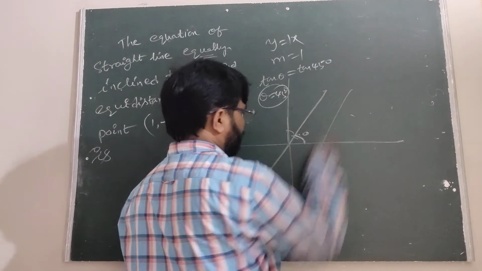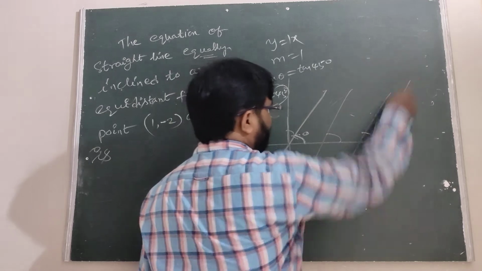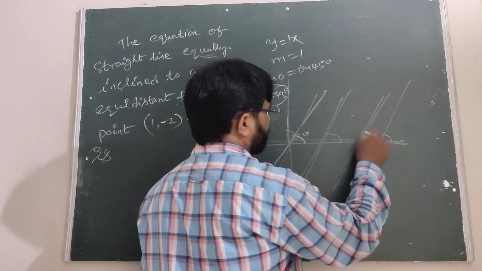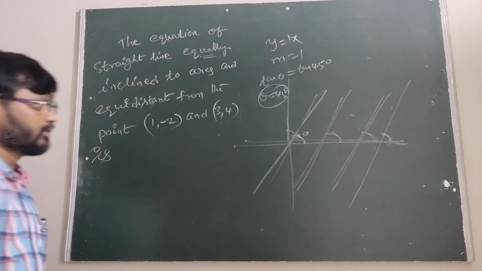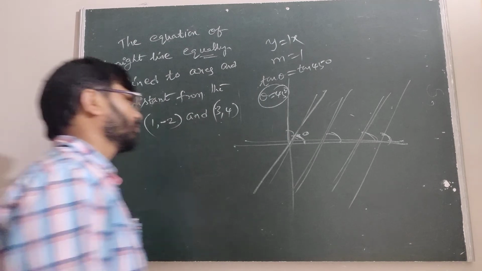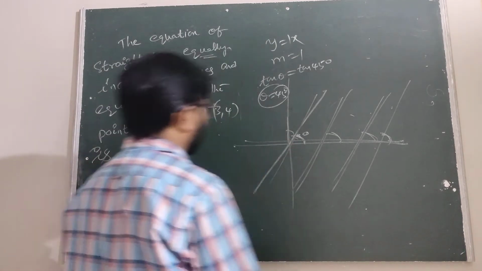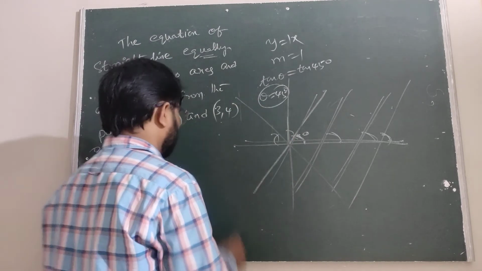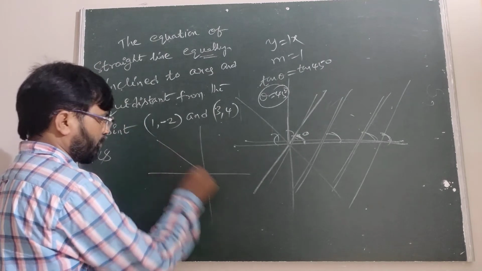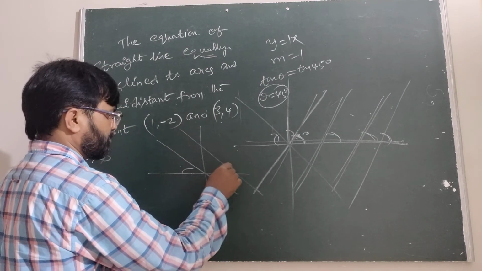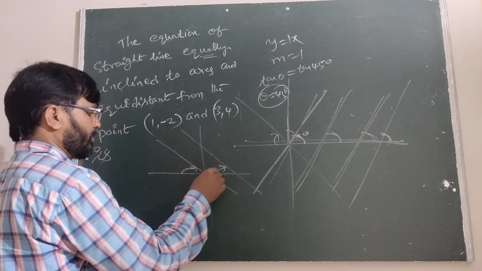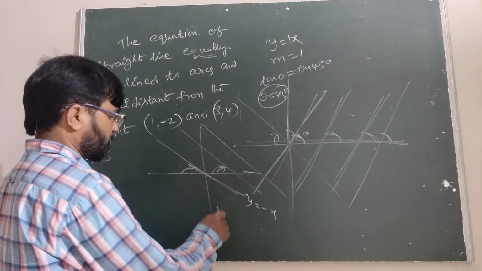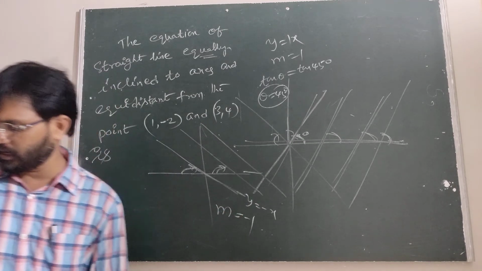When it is theta, this is also theta, this is also theta. We have to know that these are parallel lines and this is the transversal line. Corresponding and alternate angles are equal. Similarly, for example, suppose this is the clockwise sense. This is the x-axis and y-axis. This is y equal to minus x. Therefore, we are taking this one, when we take minus 45 here. Therefore, this is y equal to minus x. M equals minus 1, either clockwise or anti-clockwise.